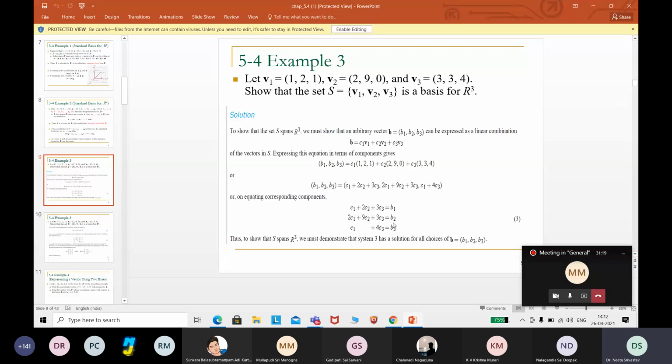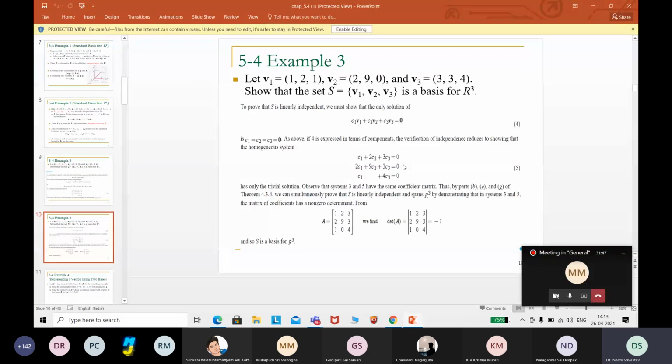Even here, the left side is similar to the previous condition, the third, and the fifth left side is similar. The only difference is the right side. The left sides of both these systems are similar, so my coefficient matrix will be the same for the third and fifth. So, clubbing the conditions into the determinant and then checking that the determinant is not 0.